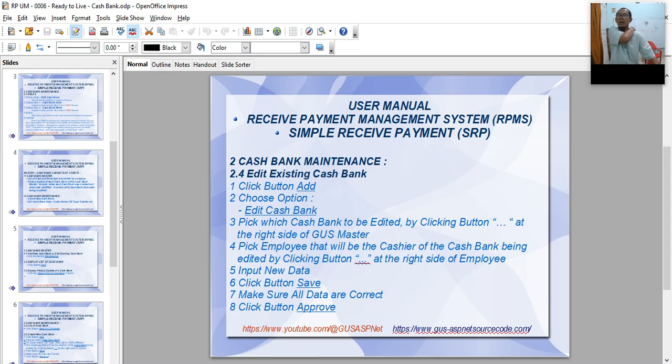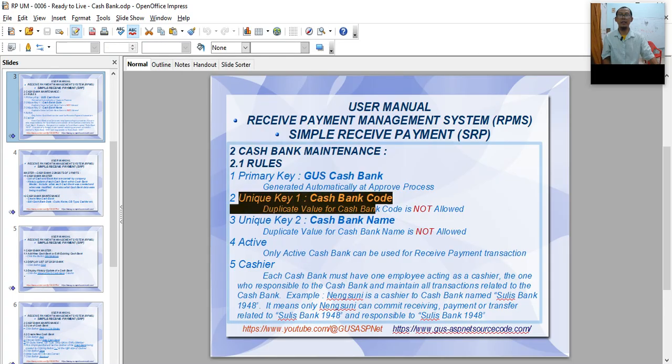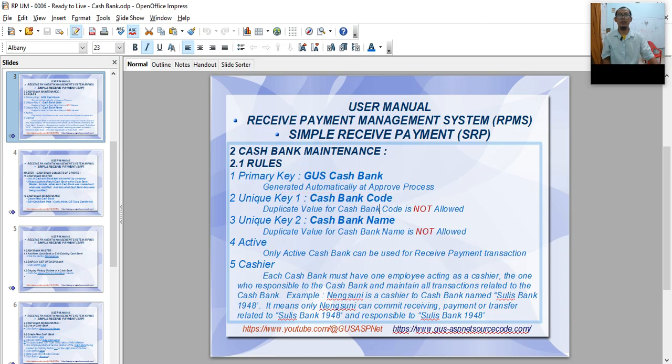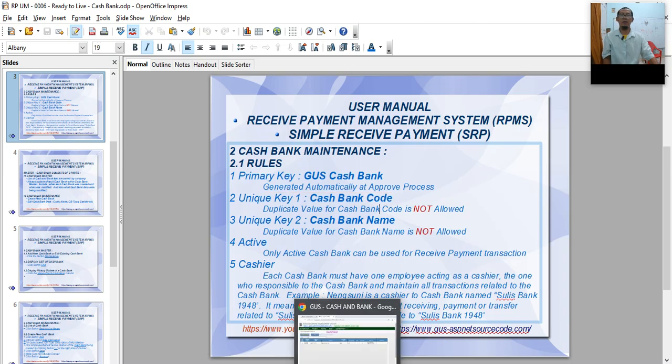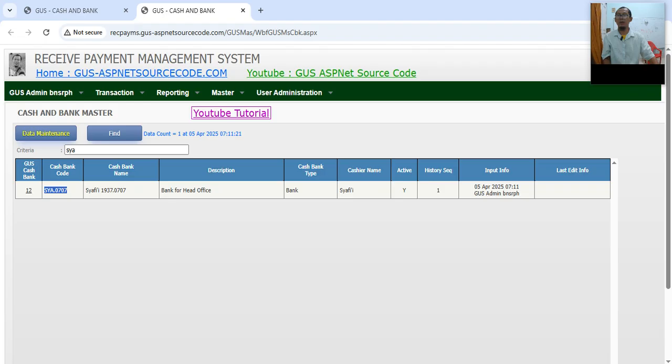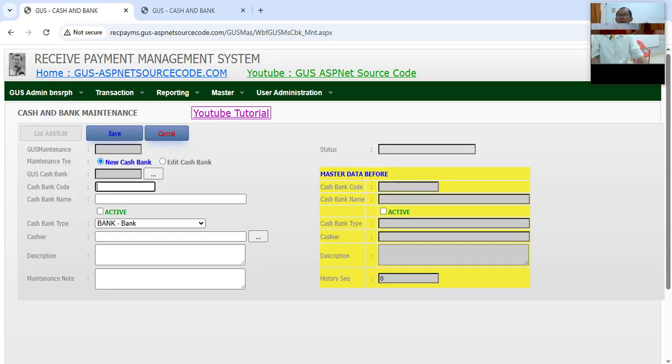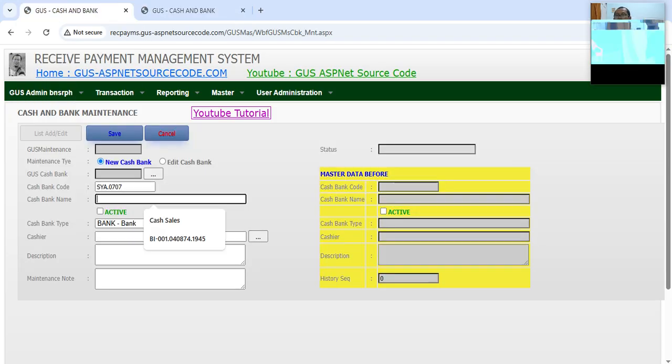Our rule, I will try to explain our rule. The rule 1, the unique key is cashbank code. Means duplicate value for cashbank code is not allowed. Now I will demonstrate. I will try to create a cashbank with the cashbank code the same as SYA0707. For example, the name is